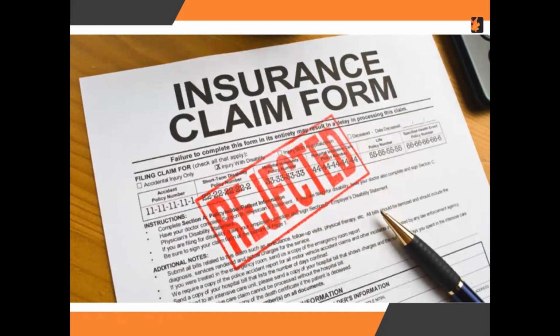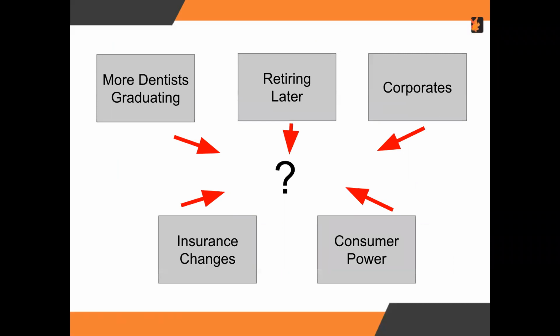It's almost not worth it in some cases. And it's just becoming a challenge. So we end up in this situation where there's corporates, group practices, lots of resources, retiring later, more dentists graduating, insurance changes. Ultimately, the consumer has all the power because, right, if I pick up my phone and I Google